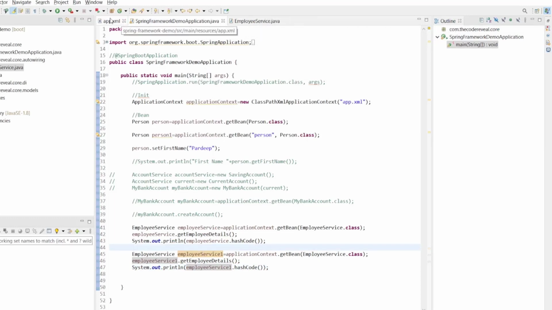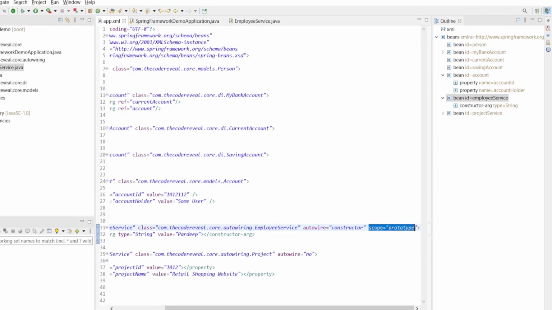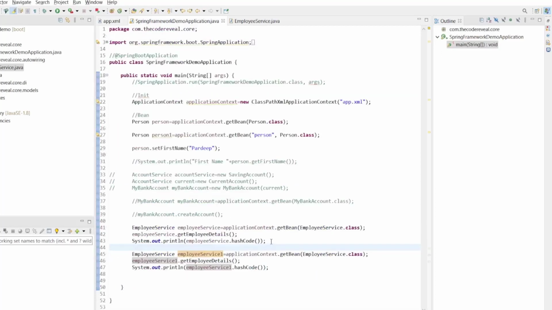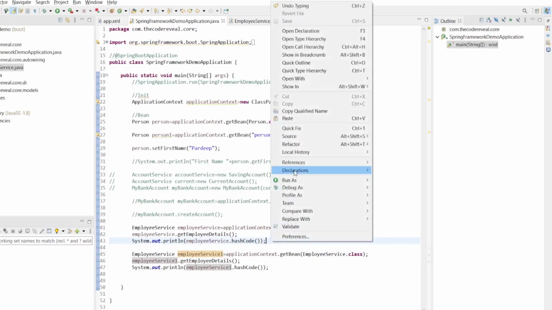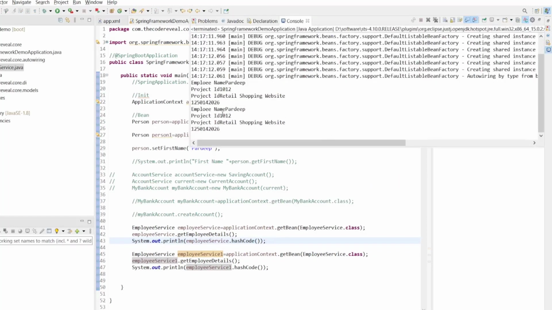But in the app.xml, if we remove this scope property from the bean definition, let's remove this, and now we'll go to our main application and rerun this as a Java application. If we see here, the hash code is the same.